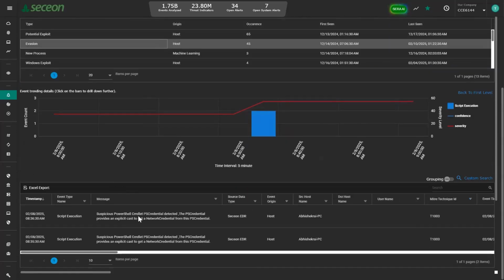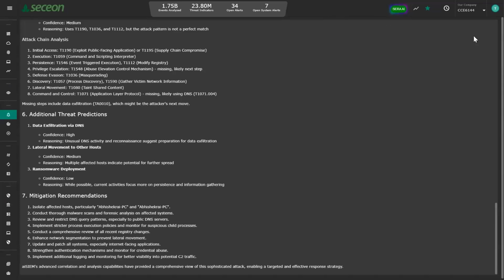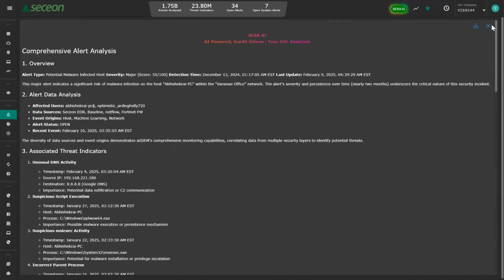Here you see script execution. So very powerful. Everything's at your fingertips. You can also click on what we call this SARA AI. That'll take all that information and turn it into a human readable format. Okay. So if you don't want to look at it the way I just showed you, you can come here